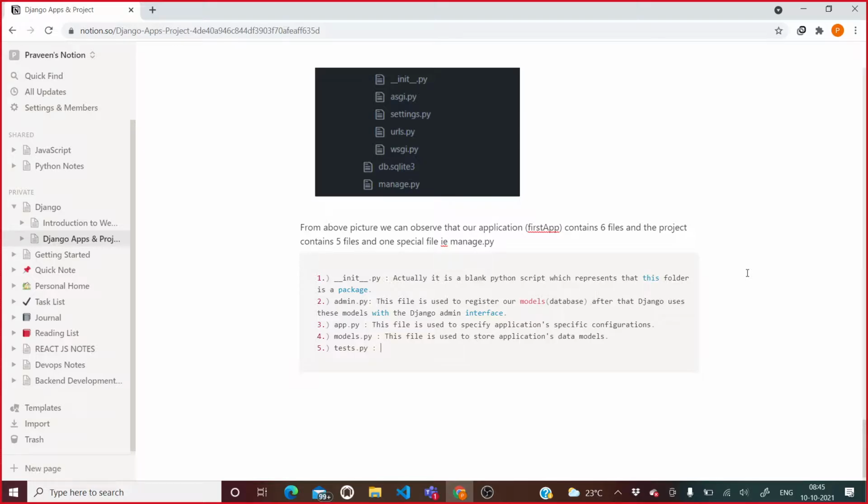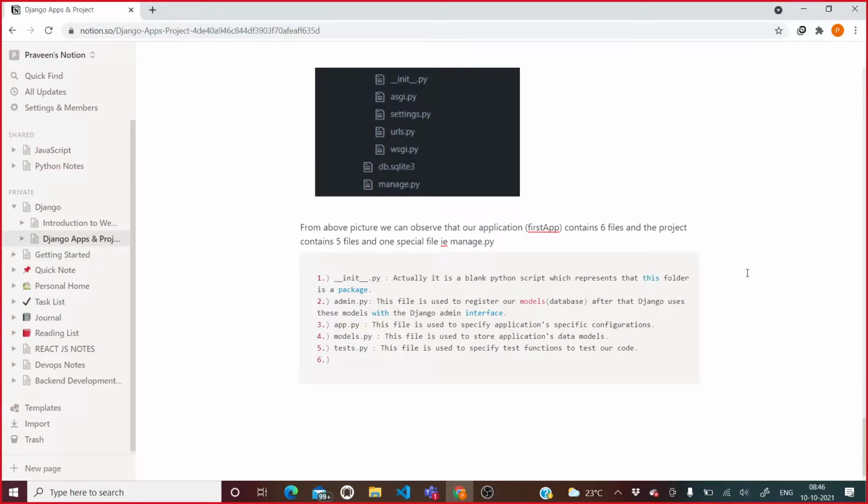We have this file in a Django project or Django application to specify test functions, functions to test our code, to check whether our code is performing well or not.